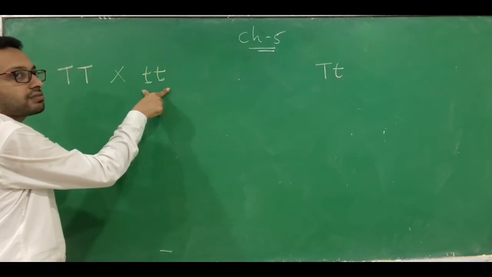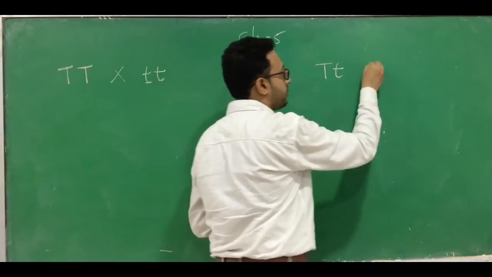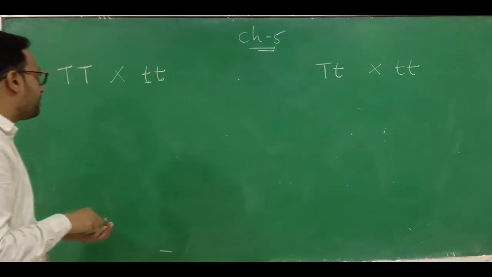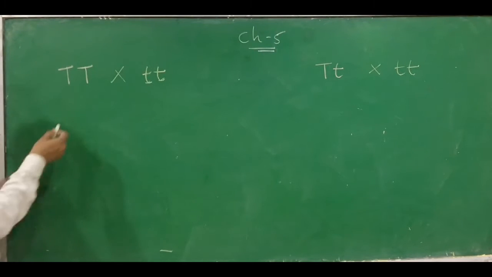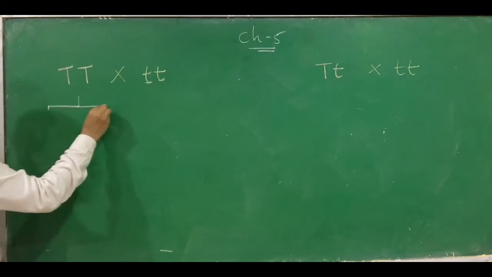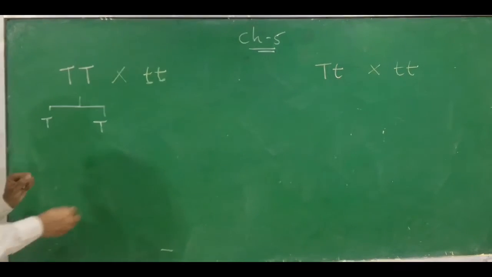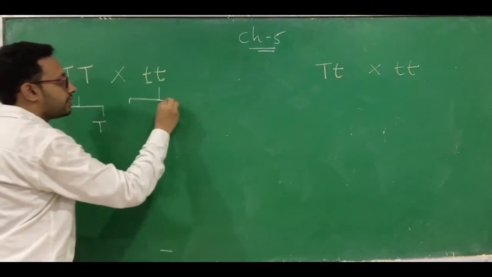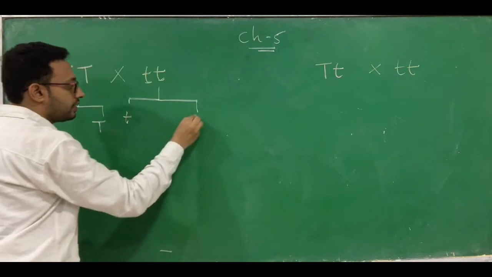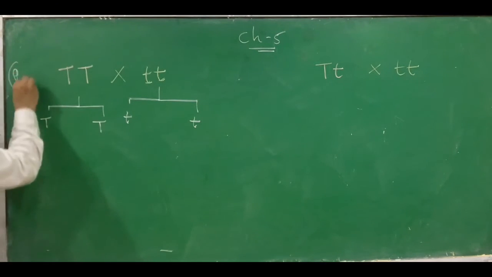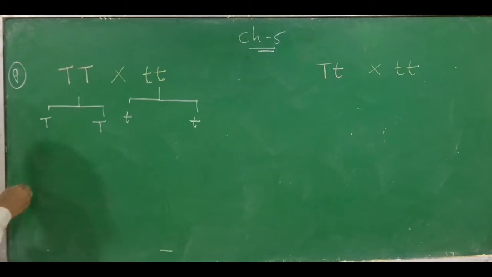This is the homozygous recessive plant. So I also have to cross it with homozygous recessive in both cases. Now make out the gametes. What are the gametes of it? Here the gametes are, first gamete is capital T, another gamete is capital T. Similarly over here, the gametes are small t. You can consider this as the parent generation. Now you get the first generation, what we call the filial generation.